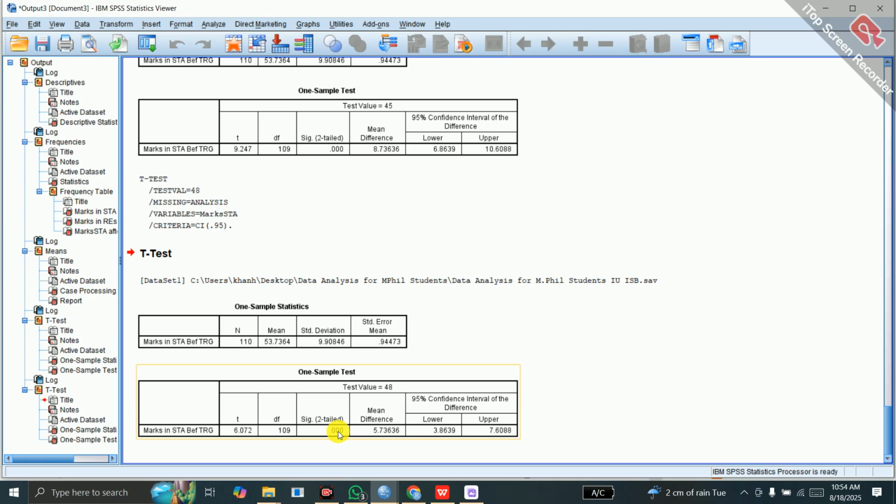Since this is actually less than 0.05, we reject the null hypothesis, and we conclude that the one sample t statistic is statistically significant, and we can say that the sample mean is different from the population mean, and the difference between the two is 5.73636. So the conclusion is that we reject the null hypothesis of no difference between the sample mean and the population mean, and we conclude that the sample mean is greater than the population mean by this amount of